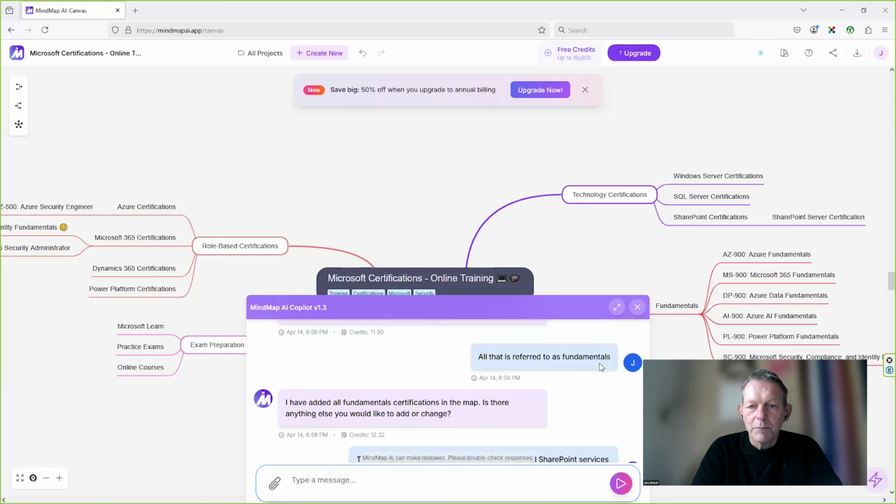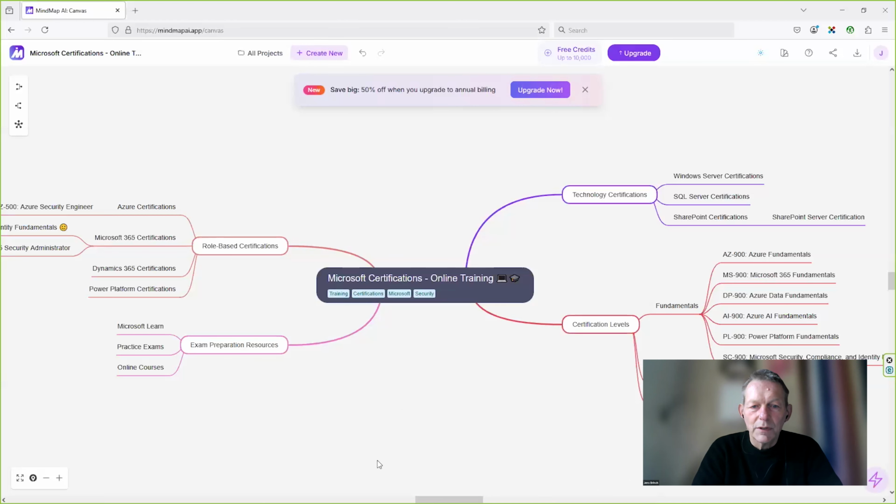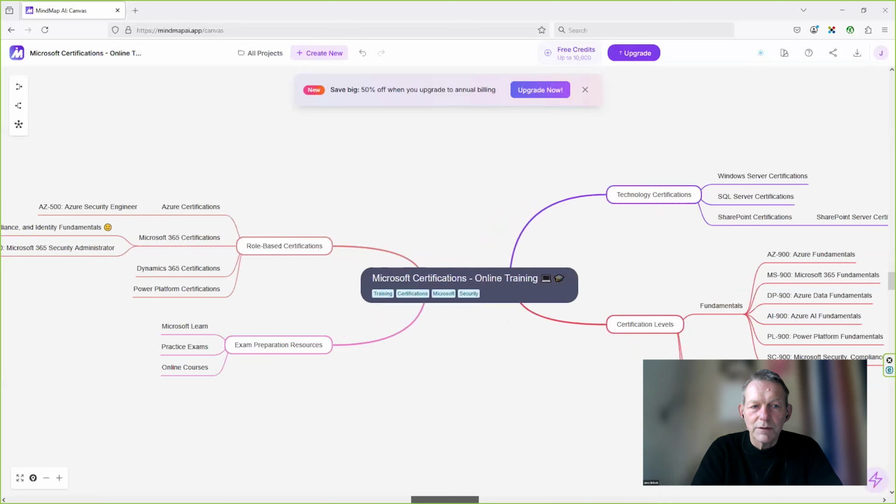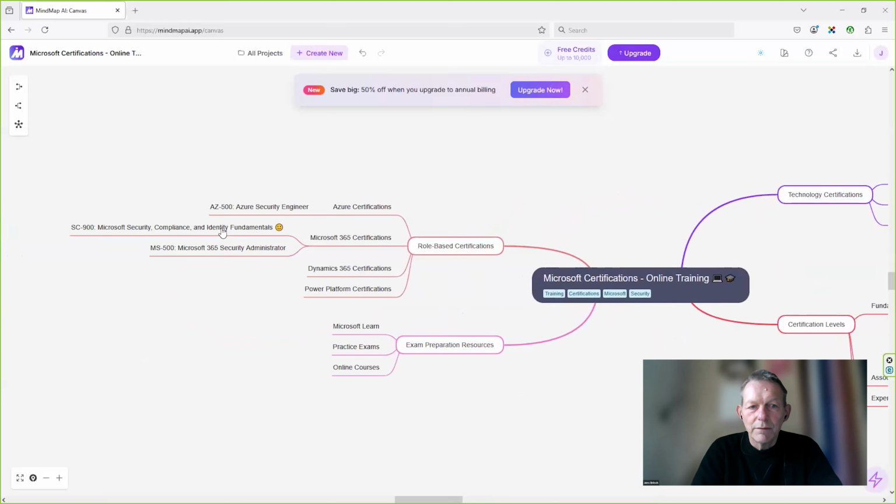So be aware of the translation. It might give you some challenges. But as you can see, it did put it in the right place.